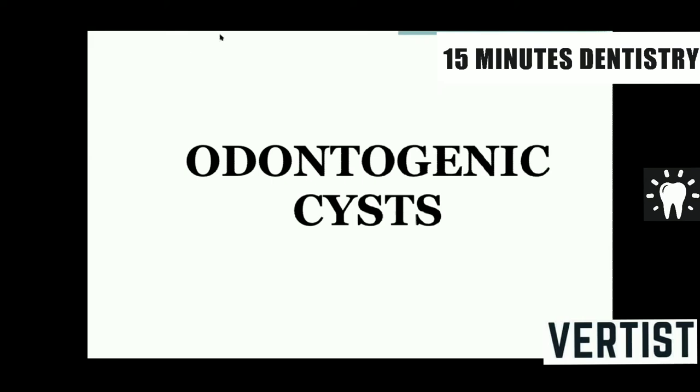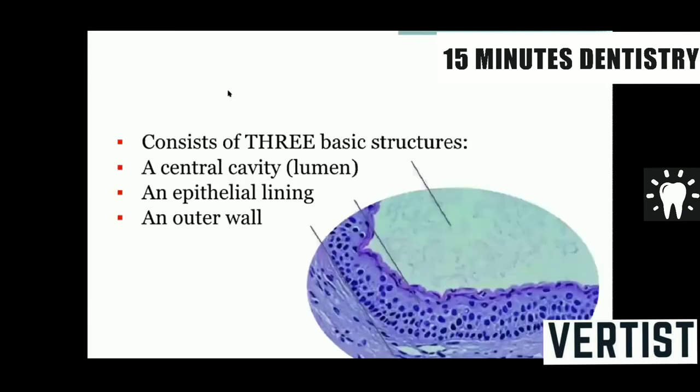Aneurysmal bone cyst is a pseudocyst, mucocele is a pseudocyst, extravasation type, which madam has already discussed. So we are going to see only true cysts today, and that too few of them. Now, the classification of odontogenic cyst, which is given in Schaeffer, you must write, because the question is always asked: define cyst, 2 marks; classify cyst, maybe for 3 marks; or classify odontogenic cyst and then discuss one of these cysts. So classification is very important.